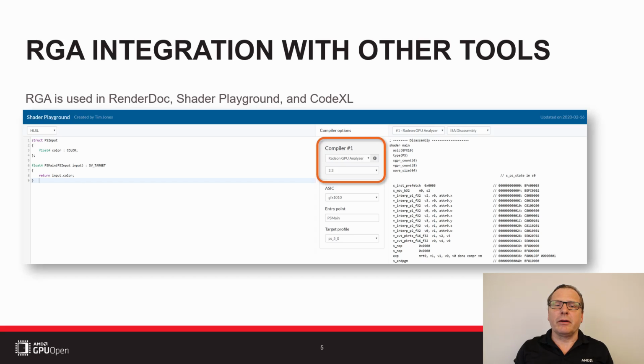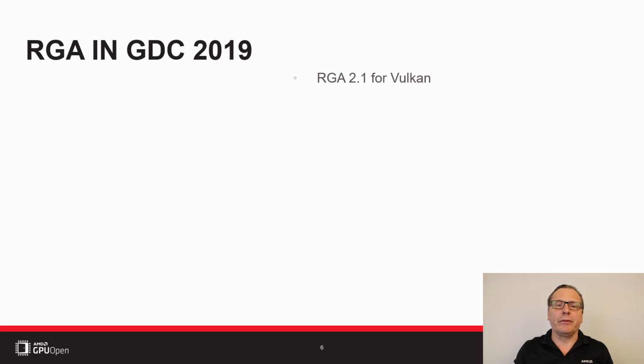Before we start talking about RGA for DirectX 12, I want to mention some of the other improvements that we have made in the last year. In March last year, we introduced a new UI support for Vulkan and changed the underlying compilation model. Instead of using a custom-made compilation path, which was tailored for the tool and made static assumptions on things like the API level state, this time we developed a driver stack that allowed us to leverage the same compilation path that is used by the driver in real life.